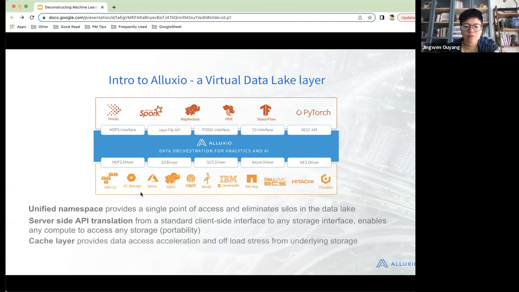One more key feature is that we provide data access as a cache layer. Some data, like Amazon S3 for example, is coming from the network, right? The network is a limited pipe, and when that is full, that's the limit of how fast our data can come in.